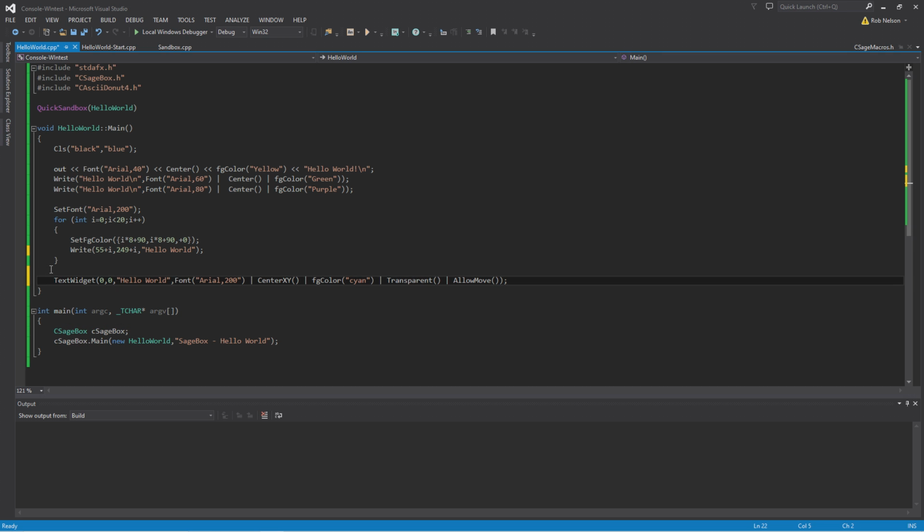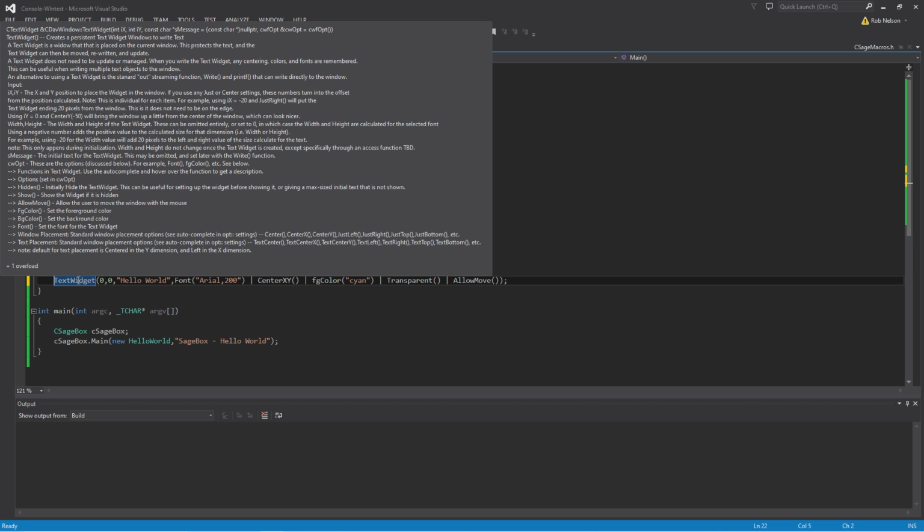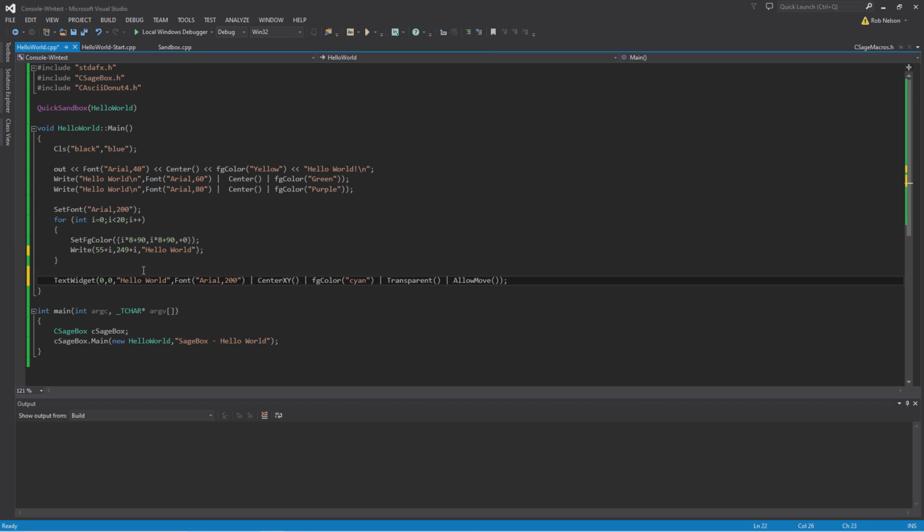And the text widget, let me explain that a little bit, because the text widget is pretty nice, where you can do a lot of things where it's pretty much persistent, so that when it's on the screen, you can't override it. And it's really useful. In fact, I'm going to show a last example that'll use the text widget. What I want to do is